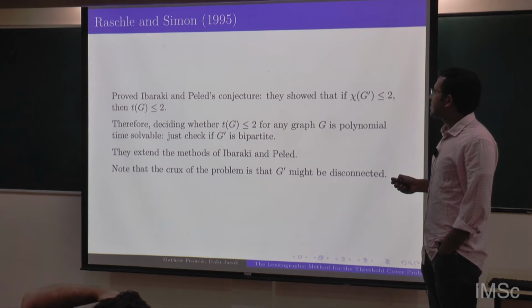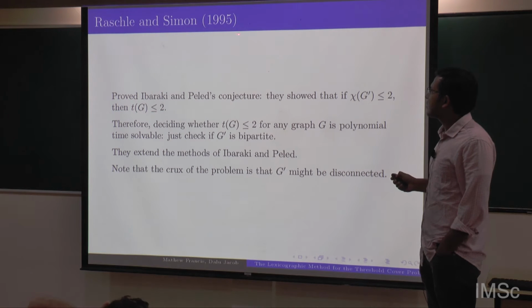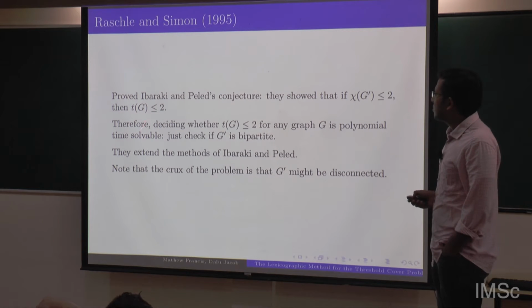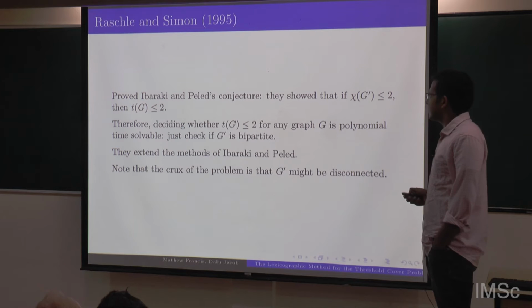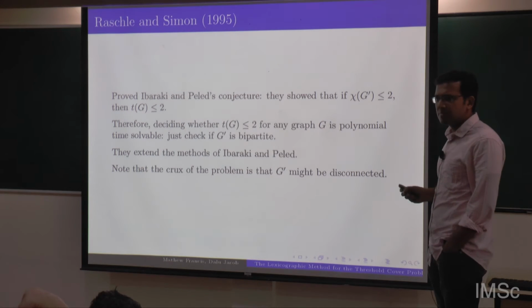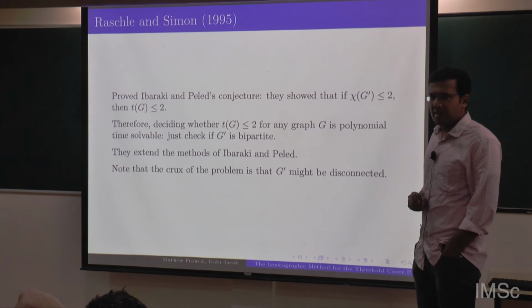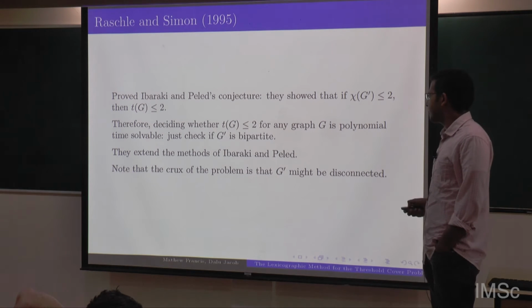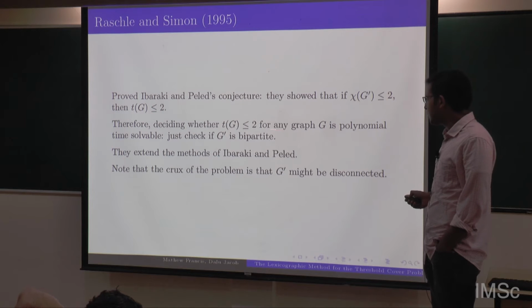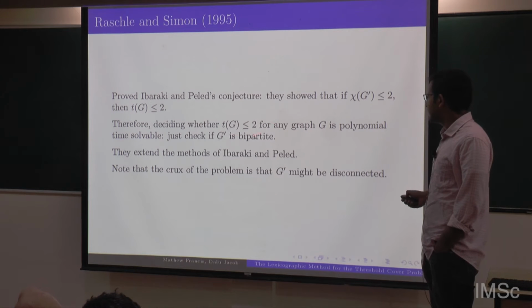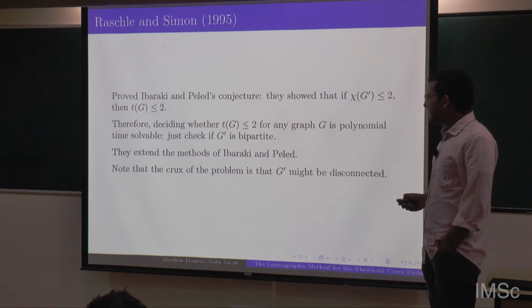And then came Raschle and Simon. This is their STOC '95 paper. They proved Ibaraki and Peled's conjecture. They showed that if the auxiliary graph is bipartite, then your graph can be covered with 2 threshold graphs. Okay. So the problem of checking this is polynomial time solvable. But the proof is